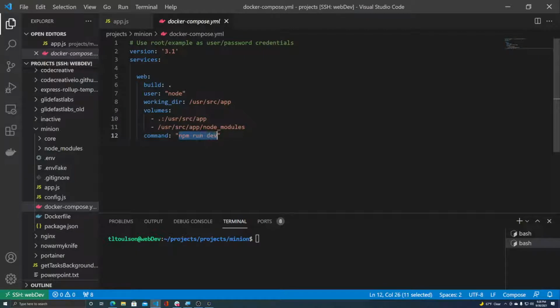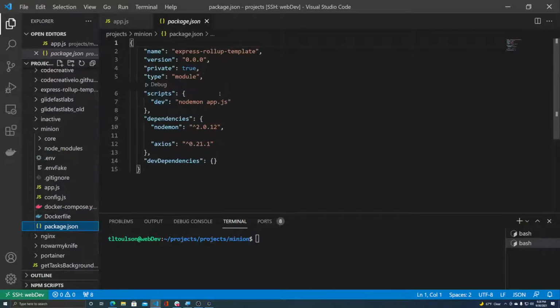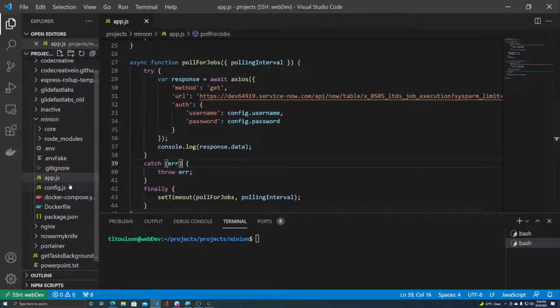It's running the npm run dev script, just like we discussed in previous episodes. We are running Axios with NodeMon. NodeMon is basically going to restart this service if it dies. And we are running the app.js file, this one right here. That's the npm run dev. And I kind of need to clean up the name and some of this stuff in the package.json, but future